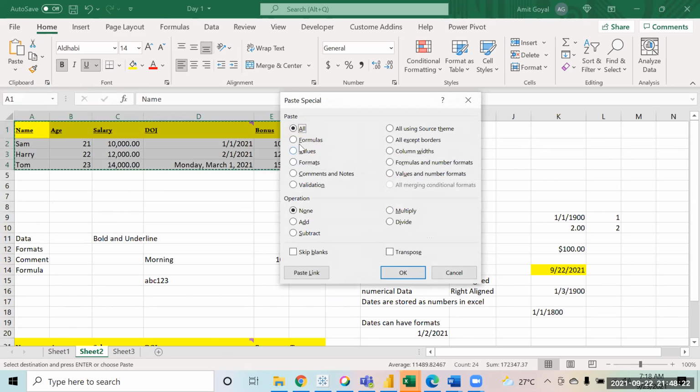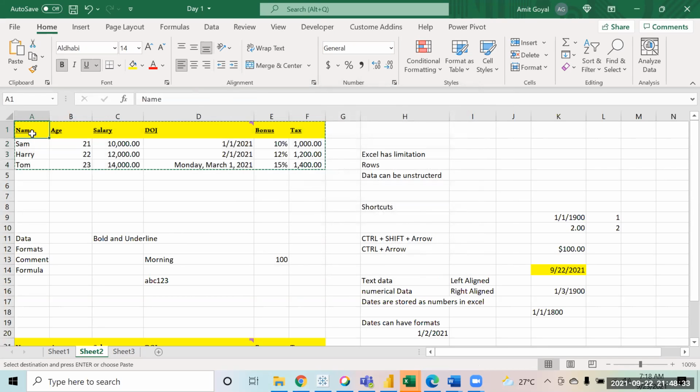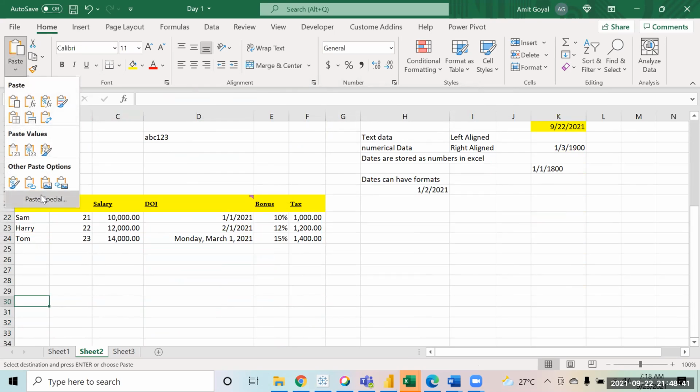So when you click on paste special, it will give you the options of what you really want to paste. For example, let me copy this and paste it over here, and I will say paste special.